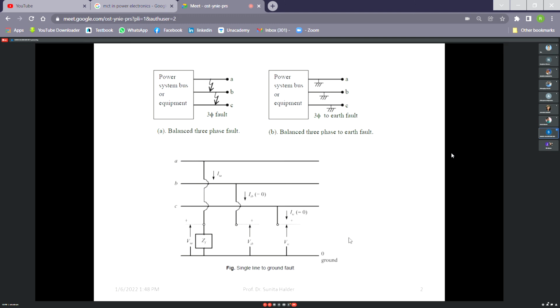It may happen that insulation has melted within a cable and two conductors get short circuited. So that is also a short circuit, and that fault will not go away instantly. If you allow time to continue that fault, then melting of that insulator will continue, and the fault will go on becoming severe. That's why fault calculation is very much important.